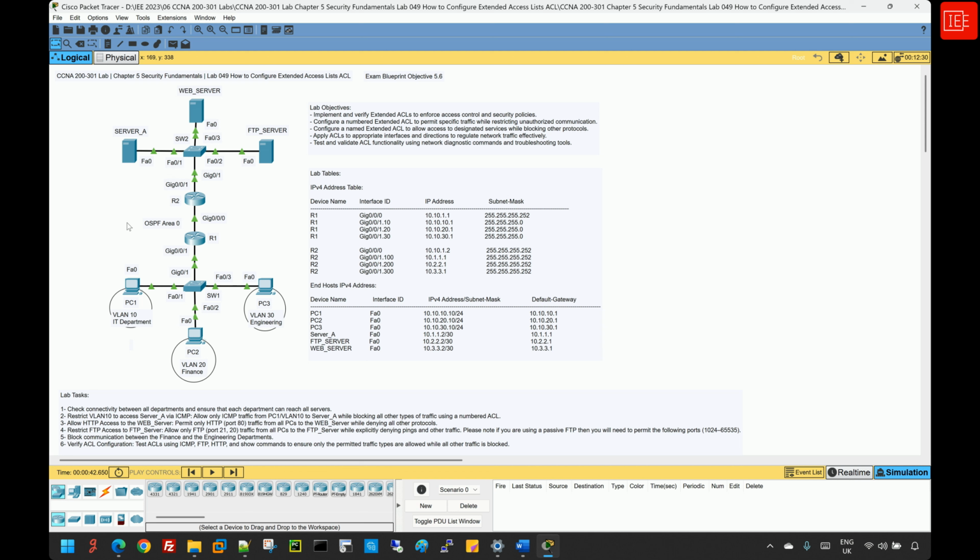It can also be used to restrict access to specific devices based on protocols, such as allowing only SSH access to a network management system while denying all other remote login methods. By using extended ACLs strategically, network administrators can enhance security, control bandwidth usage, and ensure compliance with the organizational